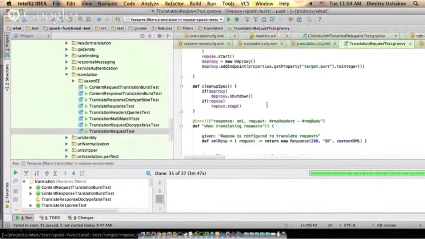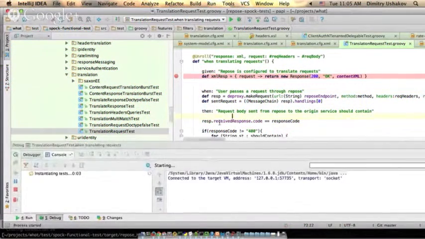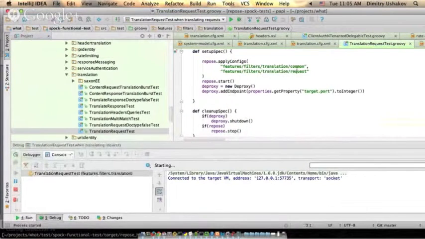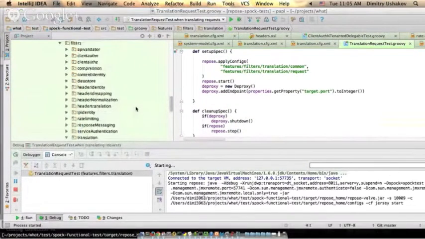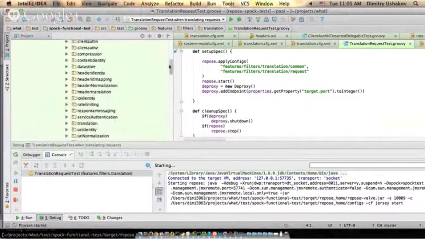So let's debug on this guy and debug. What I'll do is run through a very generic example of translating requests. This particular example takes in a specific set of configs that are specified in these two folders. The common one is common to all, but the one that we really want to see is the